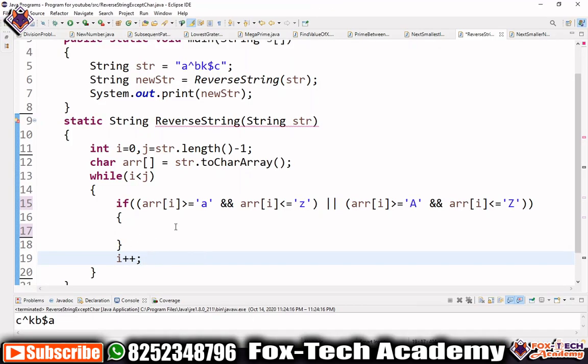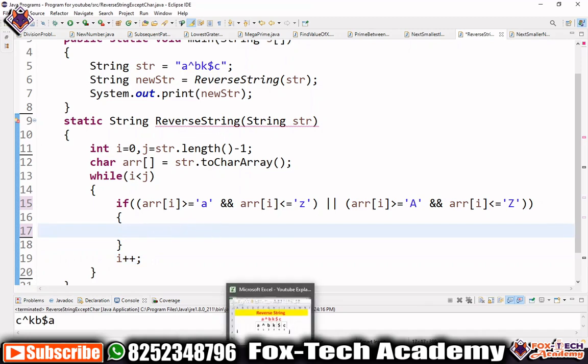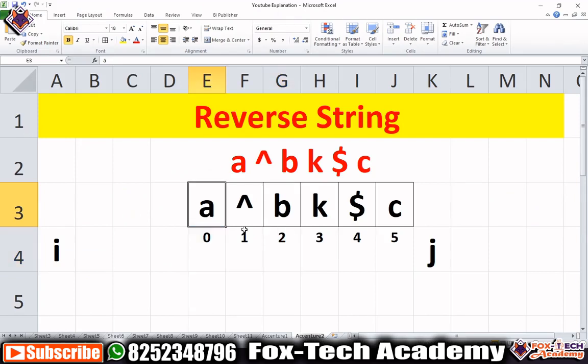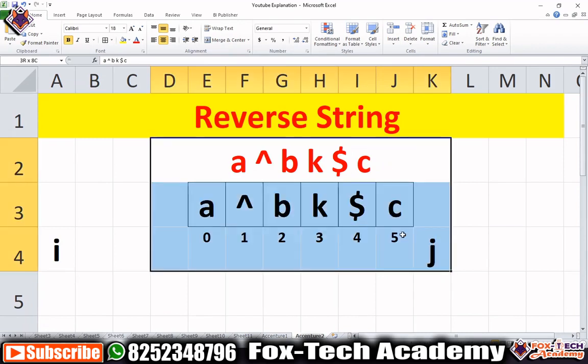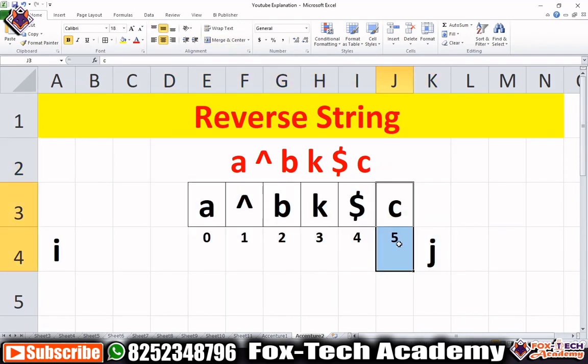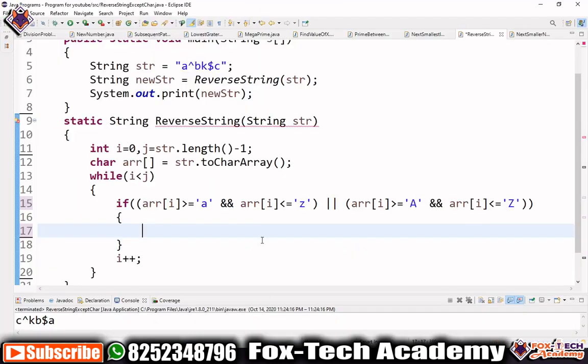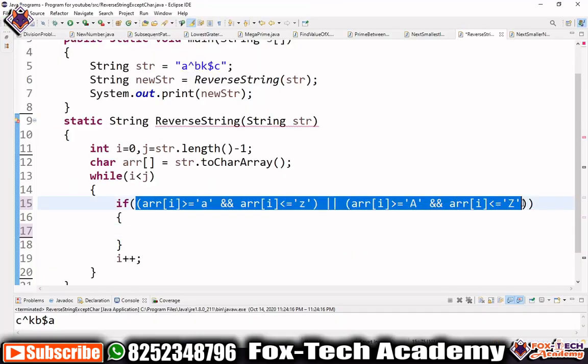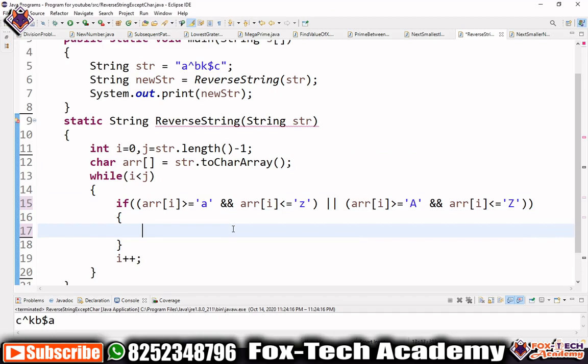After this, we have to replace this element by the last element, and after replacing this, we will decrease the value of j. For replacing this one, we also have to be careful that the last element should also be an alphabet. So for checking this, we will create one function.